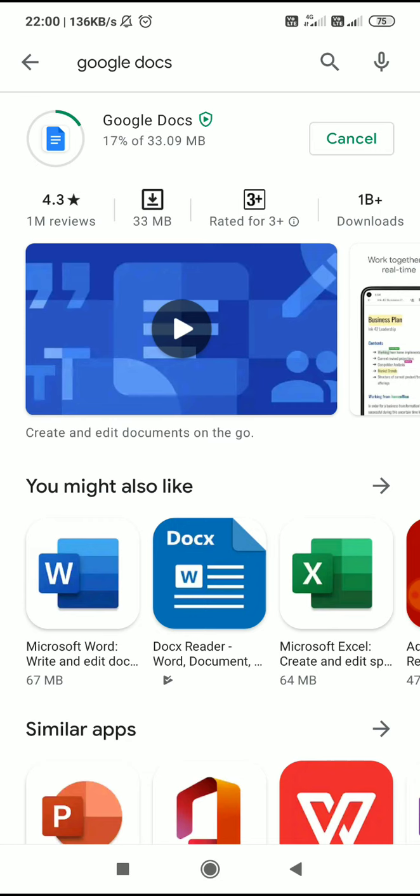1 million reviews are there for this application, and the rating, you can see it on the screen, is 4.3. It will take a few seconds to download this file, just a file of 33 MBs, and moreover it is free of cost. It is an application of the Play Store. We need not pay extra money for this, and we can do wonderful jobs with the help of this lovely application.